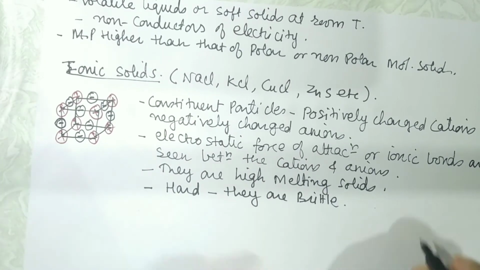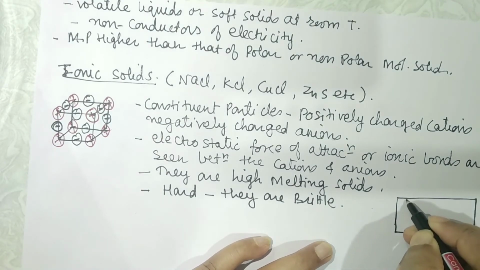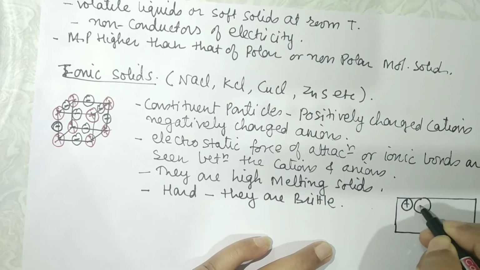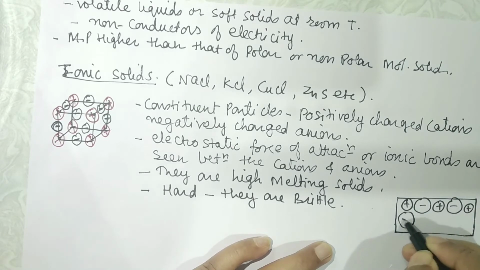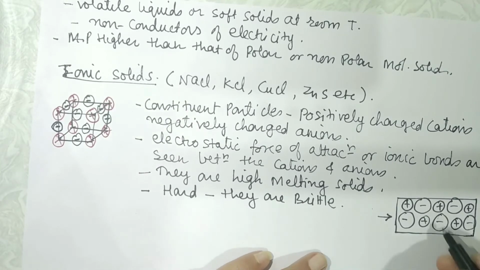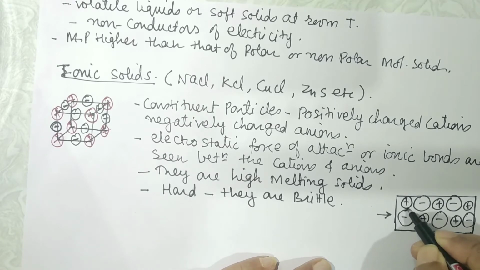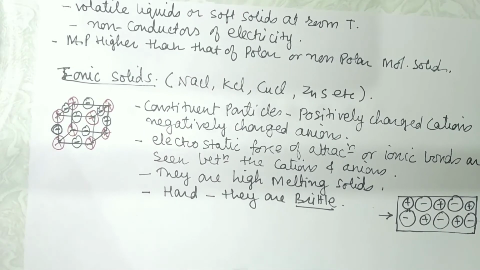Why are they brittle, student? Because if I see the crystal structure here, you have the cations, the anions in this way. And if I apply a shear force to this, what will happen? The two crystal layers will slide on each other. But as the bonds or the interactions are very, very strong, instead of having smooth sheets, what will happen is the crystal gets fractured. And therefore we say that this crystal is brittle.